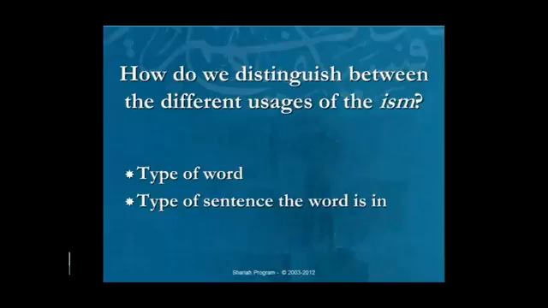Where there is possibility of genuine confusion, like the two nouns following the verb, in which case we need to know which of the nouns is the one doing the verb and which of the nouns is the one upon whom the verb is being done, this is where the process, the mechanism, and the grammatical states come into play, and they do the distinguishing for us. So some of it's distinguished by the kind of word, and some of it's distinguished by the kind of sentence that it's found in.